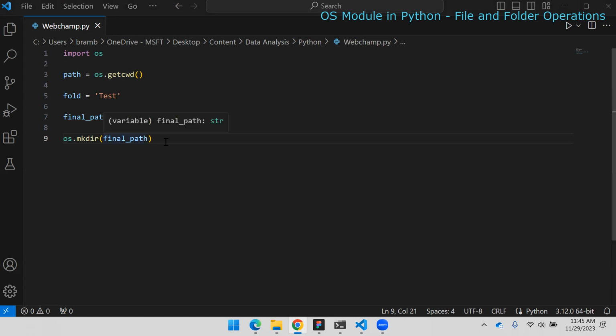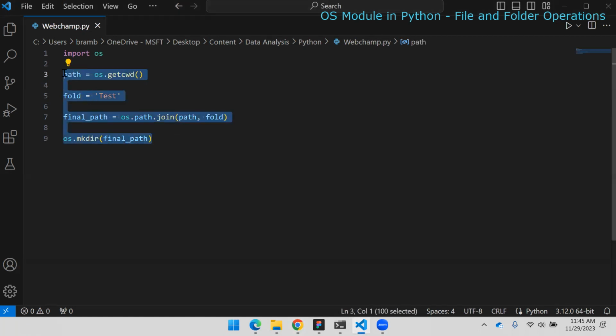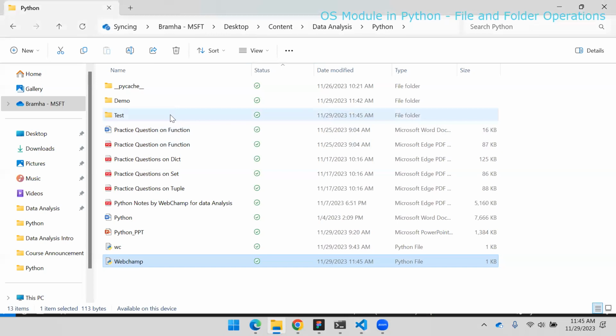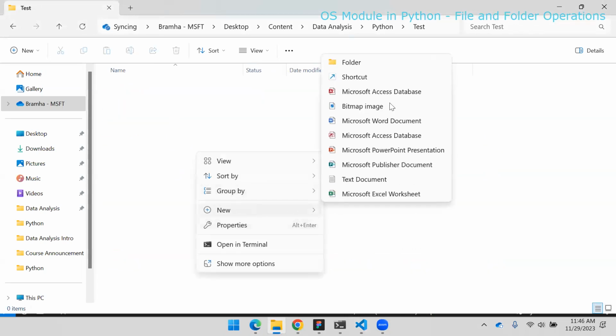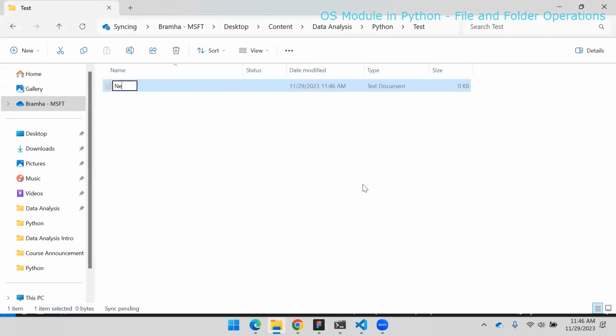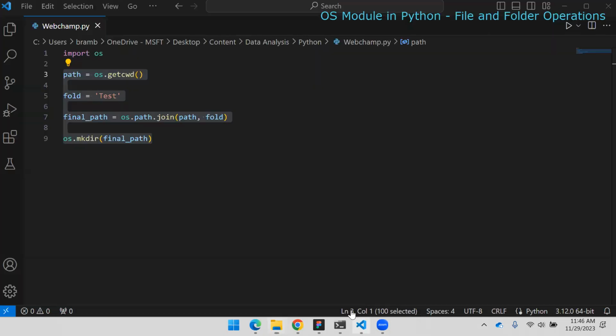Okay, so let's say you may have a file inside this folder. I will just create one blank file, new, or test dot, and it will give the extension automatically as txt, because this is a text document. So if I come here